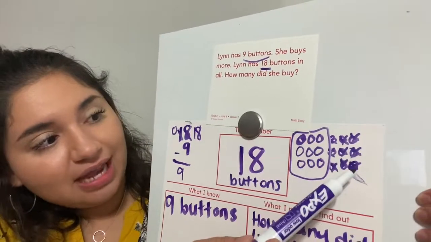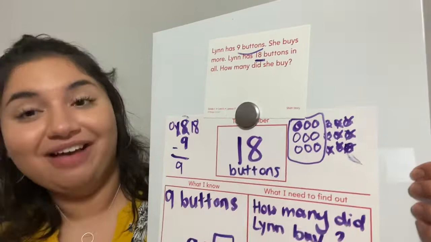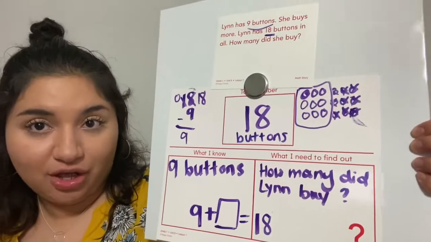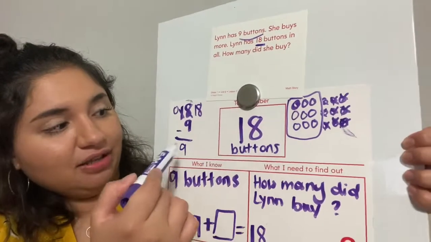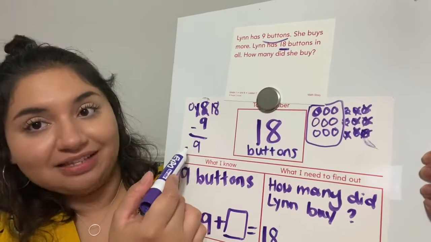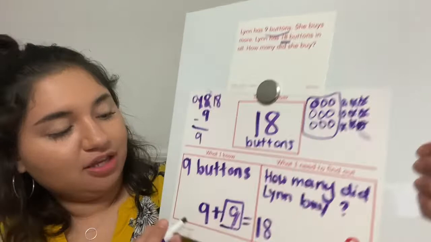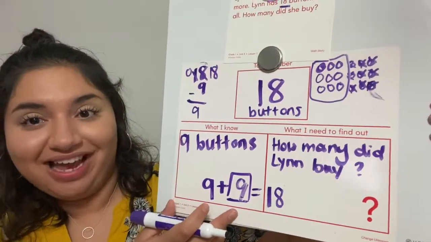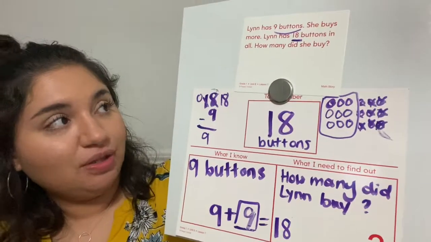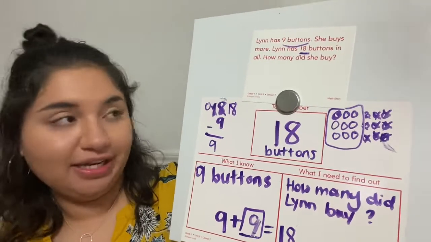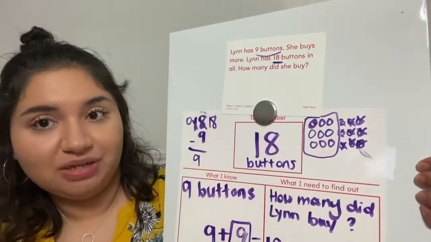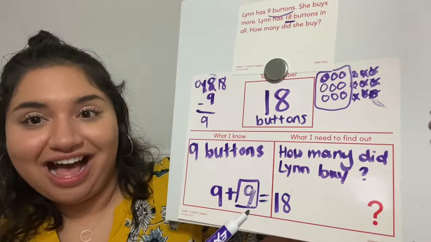I X'd out 9, and then right here, I only have 9 left. So, since I only have 9 left here, and then I also got the answer as 9 here, I'm going to write that in my blank. So, 9 plus 9 equals 18. So, let's go back to that question of what we need to find out. How many did she buy? She bought 9